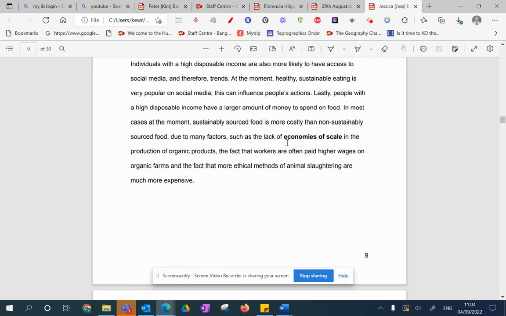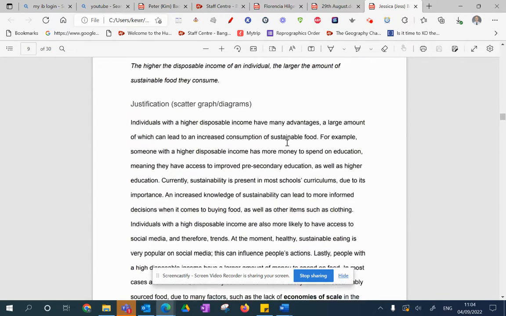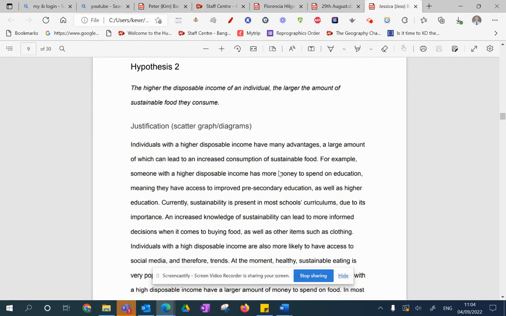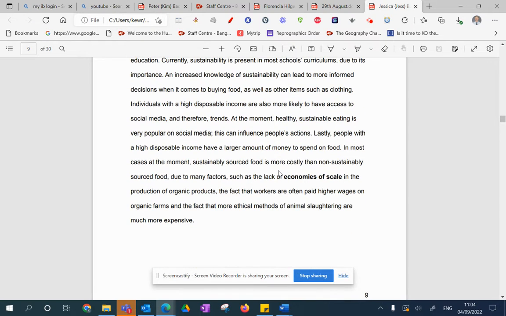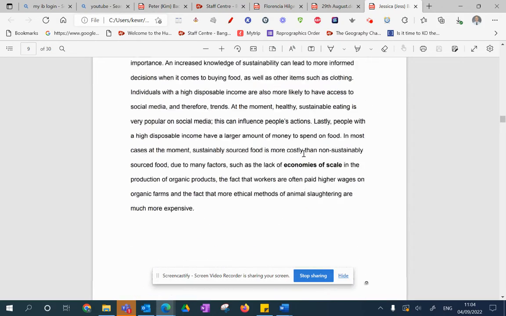Maybe just a little bit more about the other end: why are lower incomes less likely to spend on it? It doesn't need a lot more because it's quite detailed. It's quite a good justification. If anything, it's probably a few too many words, but let's leave it as it is. And then when you finish the whole thing, if you've got to cut back the words, this might be an area where you need to write a little bit more concisely and succinctly.